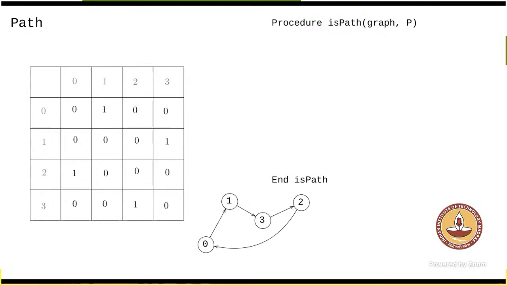Can we not do it the other way? Like, we can just check if there is no path, I mean, there is no